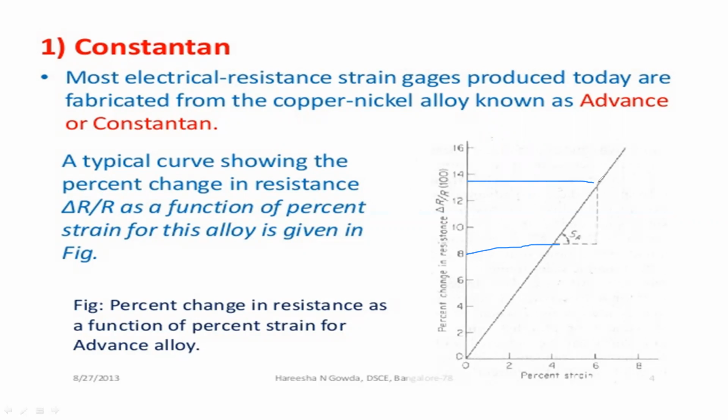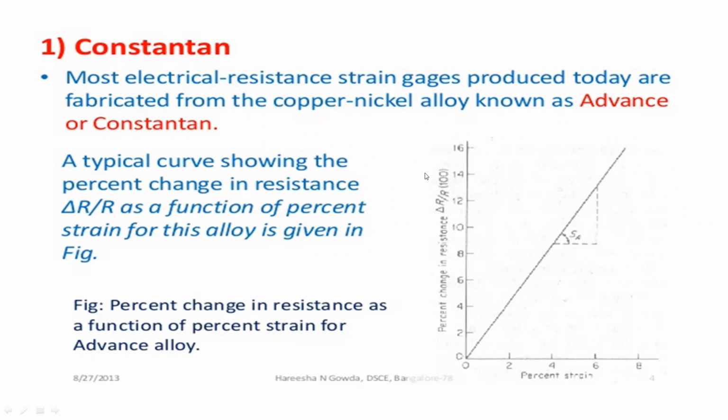You can see this line. Okay, so how much percentage of strain increases, how much resistance is changed in this constant by using this type of alloy, we can observe. So it is gradually increased. The percentage of strain increases automatically, and gradually the resistance developed in this electric resistance strain gauge increases. Because of this condition, as the percentage of strain increases, the resistance produced in that strain gauge also increases.